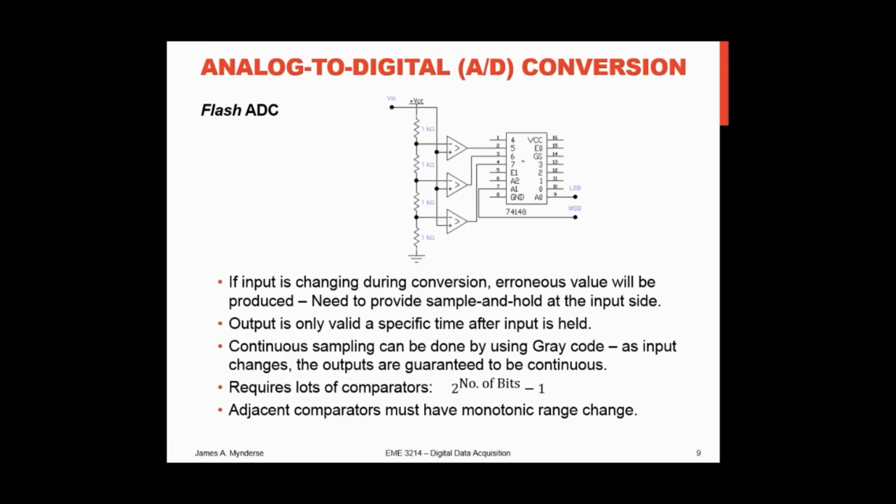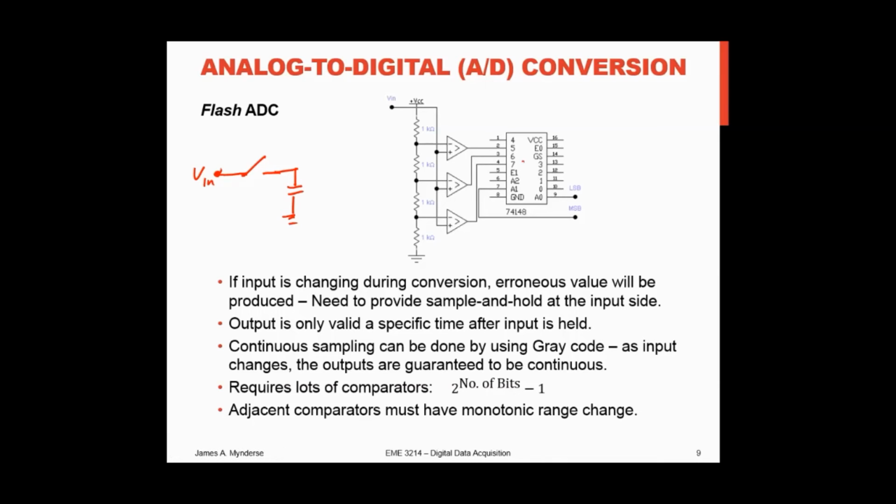Some of the problems: if the input is changing during the conversion, you get erroneous values. You need to provide a sample and hold on the input. Sample and hold, we talked about that. So we use the sample and hold to hold the voltage constant to avoid this problem. Basically, if I have V in, I send it through an electronic switch, which charges a capacitor. So when this switch is closed, that's the sample. It'll charge this capacitor up to whatever my input voltage is. Then I open the switch,